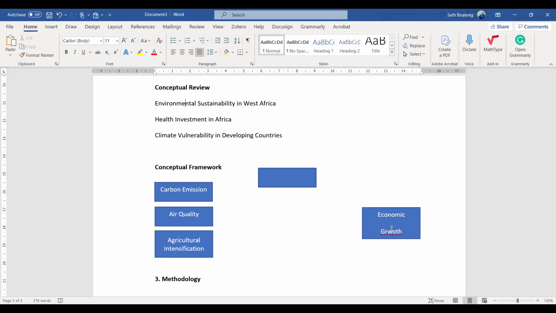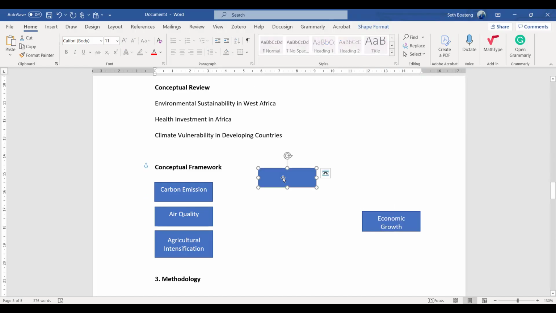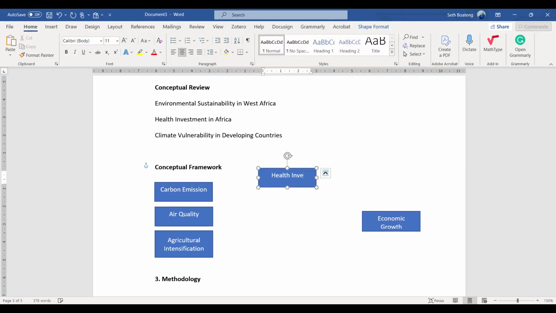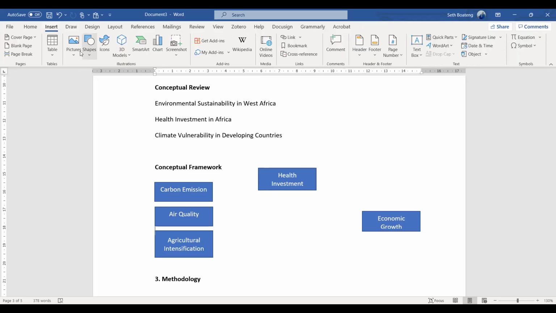So we have our economic growth here, and then we have the health investment at the top. So we have it here, so you can connect it.